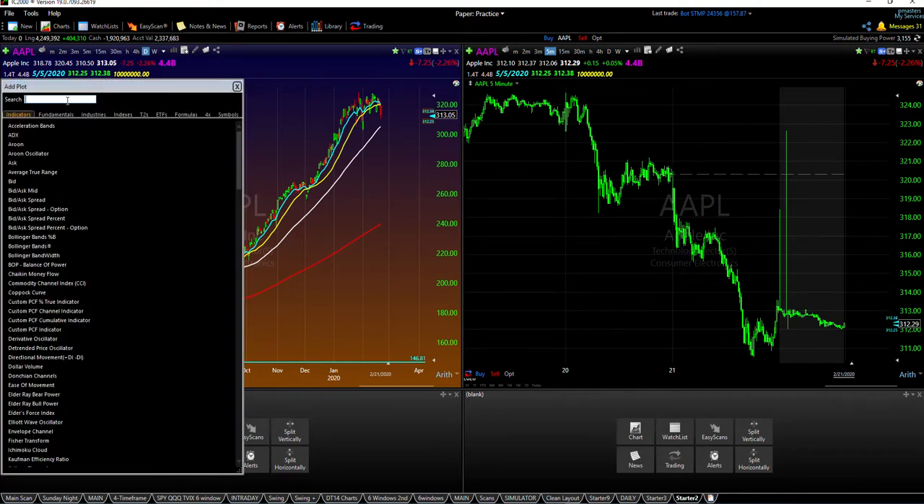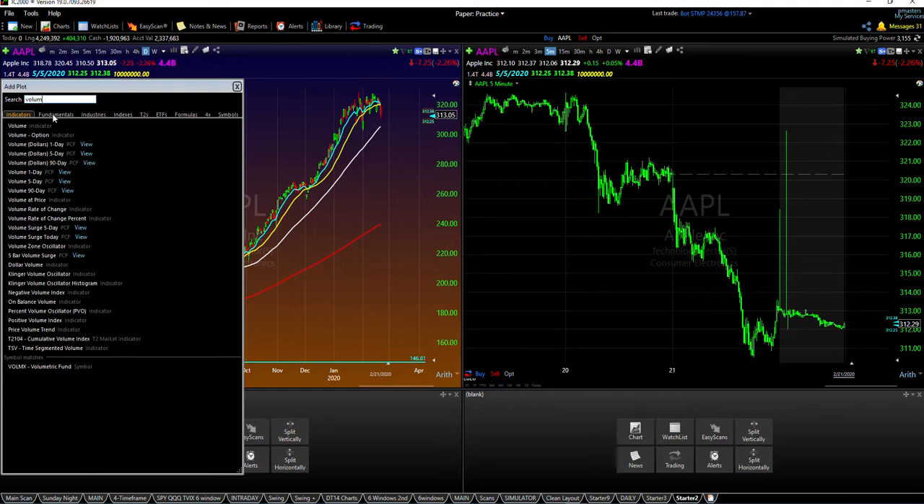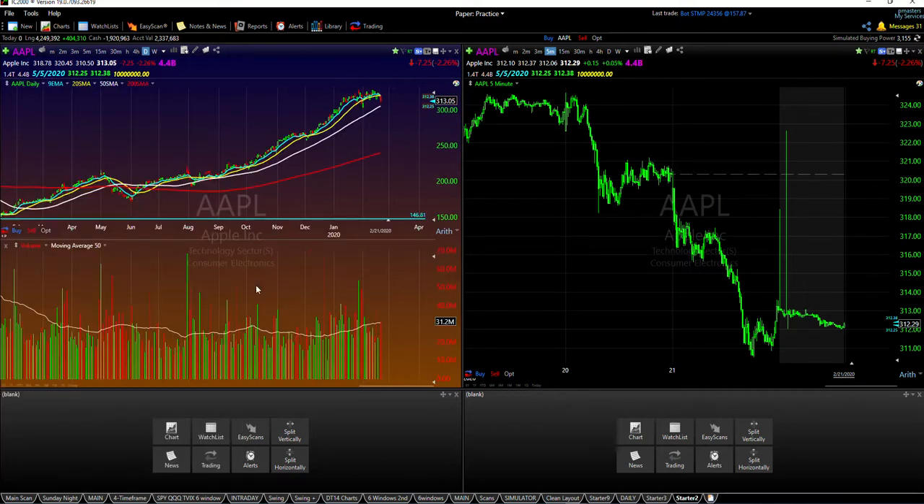Because we need to know how many shares this stock can trade. So we're going to type in vol. You can start typing, you don't have to type in the entire word. You can type in some, and then once it populates, you can pick the correct one. So I'm going to type volume. Now this is nice, right? So here's where